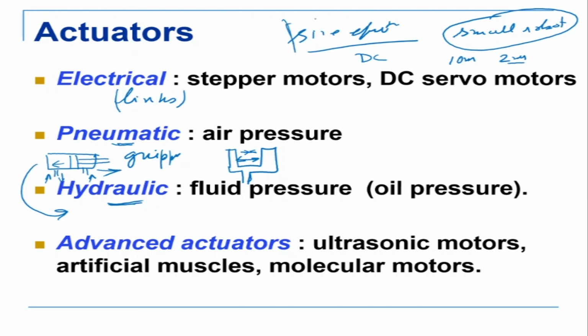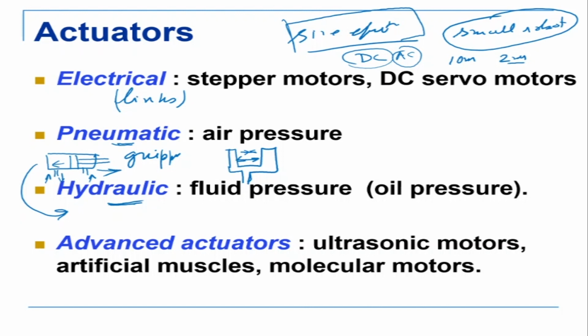So the size effect basically says that you can shrink something like a normal robot or a normal CNC machine, but only to a particular size. Beyond that, it doesn't work. Why? Because actuators like DC motors and AC motors don't work beyond a particular scale. That is called the size effect.